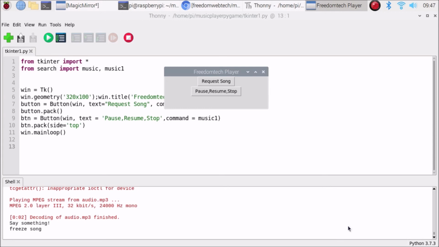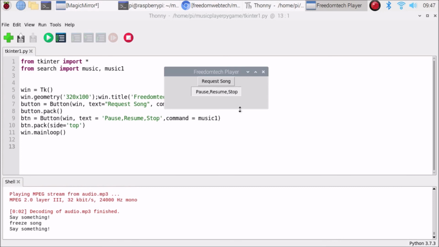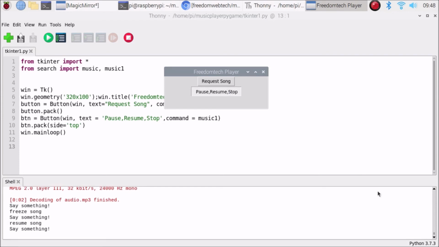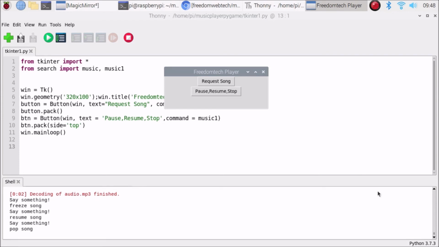Now I just want to resume the same song, so I am simply going to click here again, resume song. As you can see, the same song is now resumed. Now I just want to stop the song. Stop song. As you can see, sometimes it takes wrong commands.